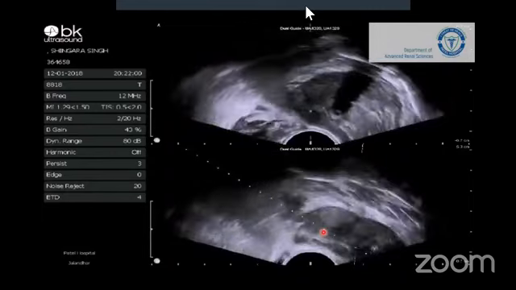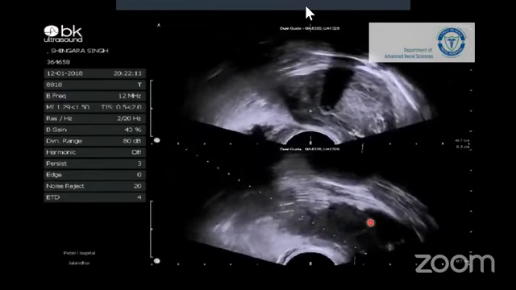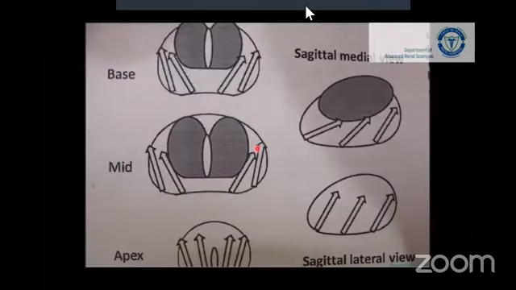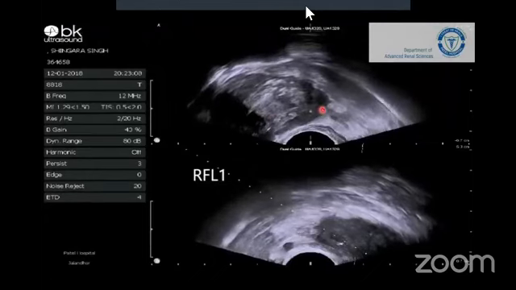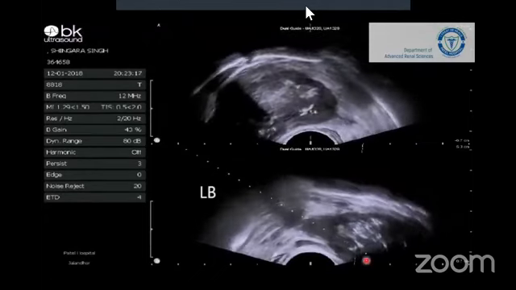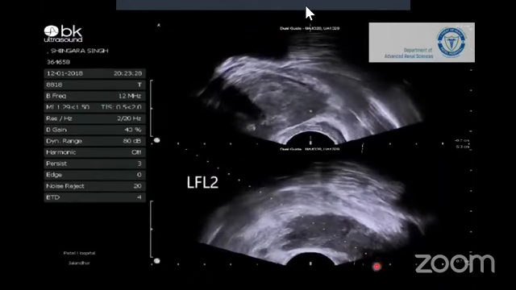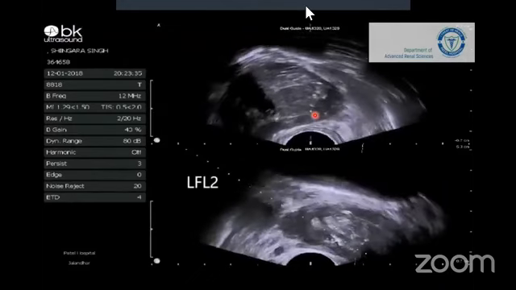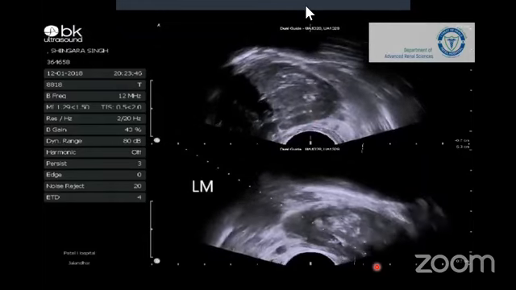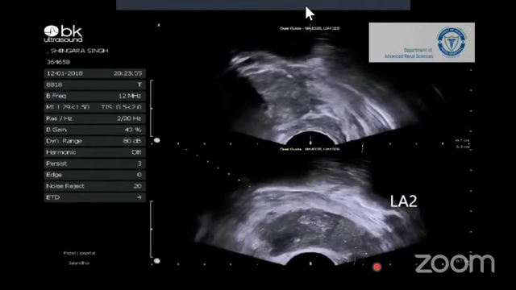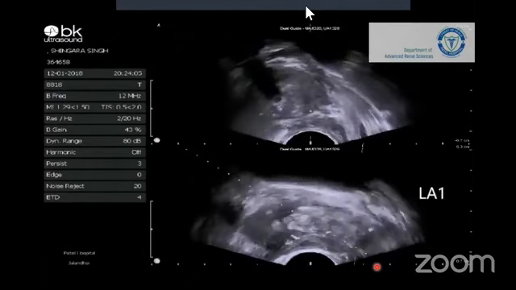Thereafter, once you have given the anesthesia, it becomes a relatively easy technique. You are going to focus on the peripheral zone in the base, apex, and mid zone. You keep the needle point here, and then you biopsy and you focus on the depth over here. Then you withdraw, and you see the two things: the needle point is here, and the depth of the needle you can see over here, and you can take the biopsies. This is the apical biopsy you are taking finally, A2 and LA1. The biopsy has been taken.